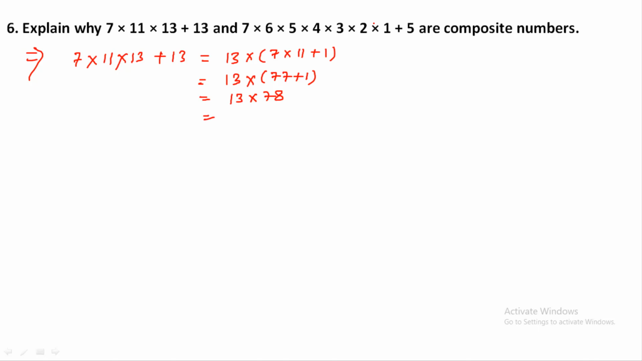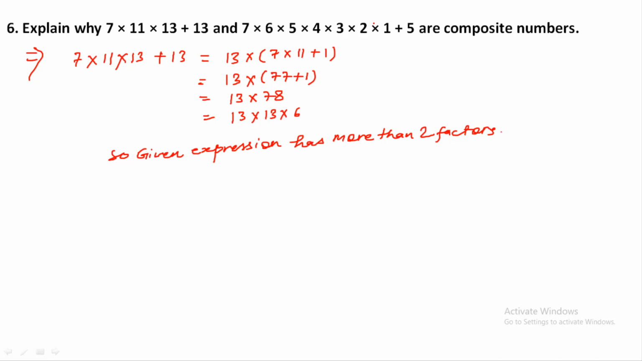एंड फर्दर विथ 78 को जब हम ब्रेक करेंगे तो वी कैन राइट 13 इंटू 6। तो यहाँ से क्या क्लियर हो गया कि गिवन एक्सप्रेशन हैज़ मोर देन कितने फैक्टर्स हैं? गिवन एक्सप्रेशन हैज़ मोर देन 2 फैक्टर्स। कितने फैक्टर्स हैं? मोर देन 2 फैक्टर्स हैं भाई। ओके, सो इट इज़ अ कंपोजिट नंबर। तो ये कौन सा नंबर है? कंपोजिट नंबर है।